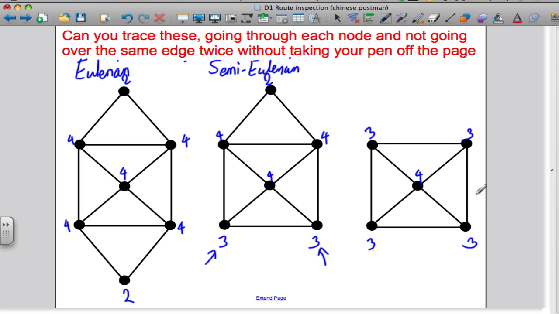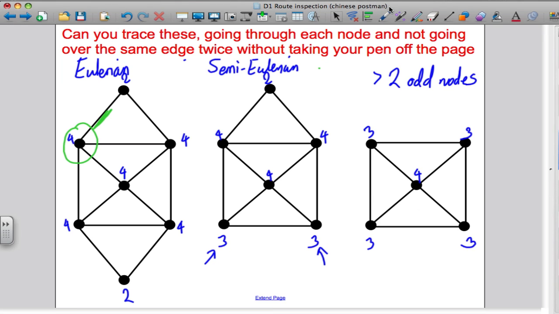And lastly, this one has more than 2 odd nodes. In fact, it's got 4, so it's a non-Eulerian graph. It's not an Eulerian or semi-Eulerian graph. This meant because I had more than 2 odd nodes, I could not trace it out here. Okay, this is going to be useful to us when we're dealing with the later work with the Chinese route